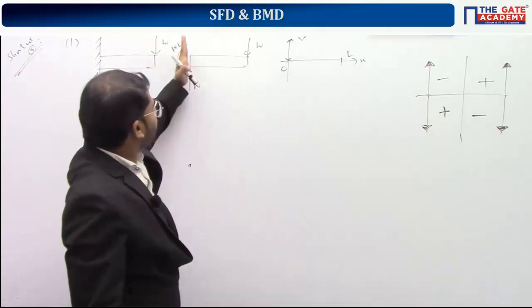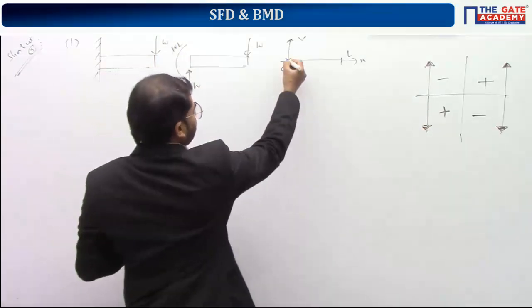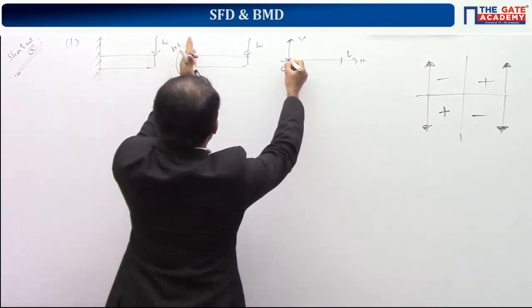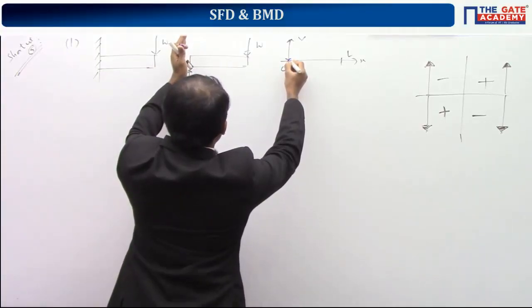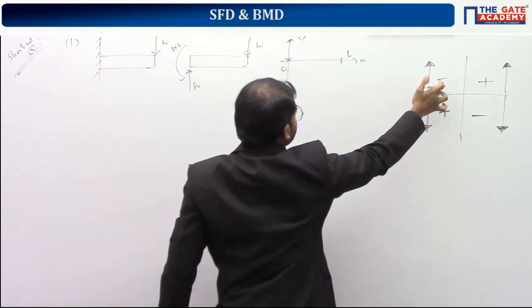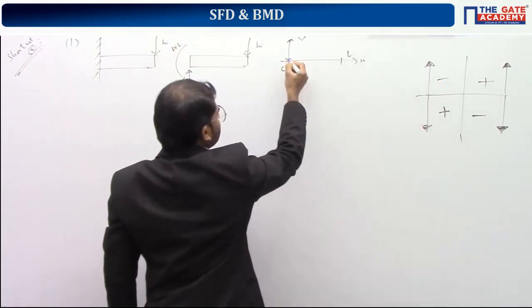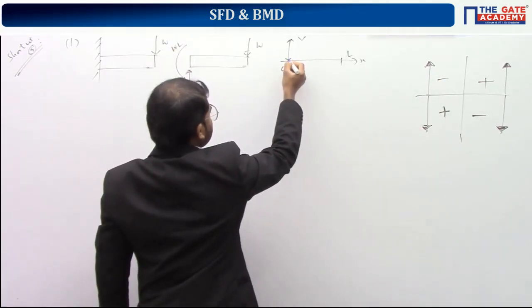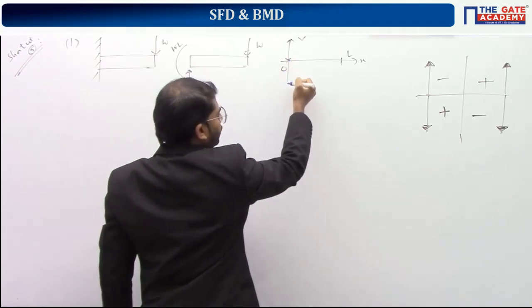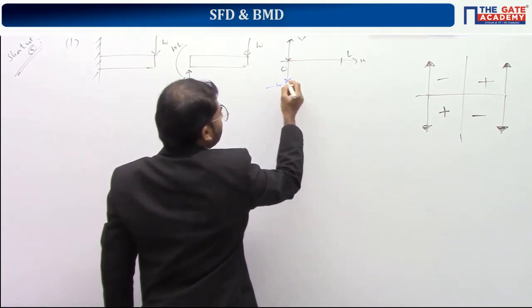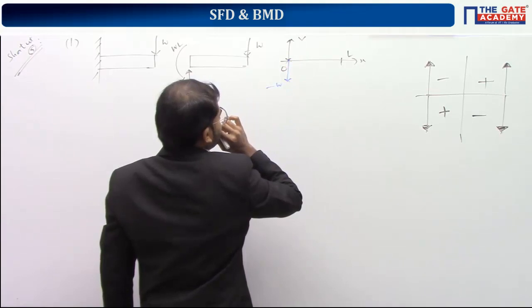From left side I am starting. Okay, so I am starting from origin. All of a sudden, upside acting force came. Upside acting force will cause decrease of shear force. Initial value of shear force is 0. So change itself is equal to the final value. So you'll get minus W. All of a sudden it changes to minus W.